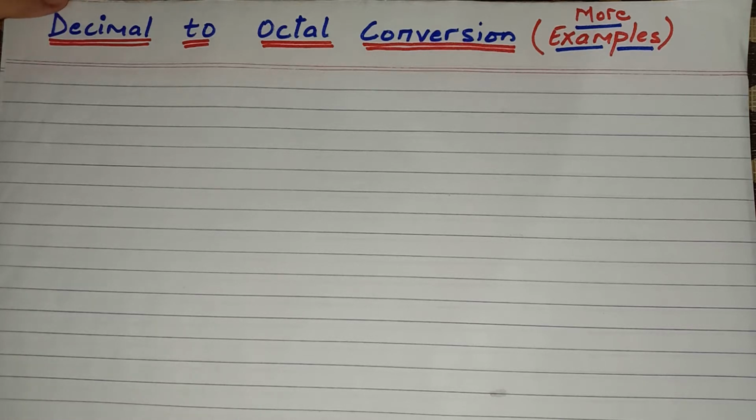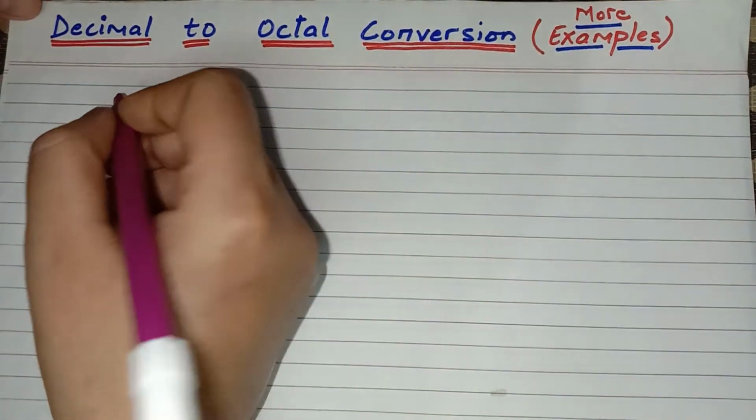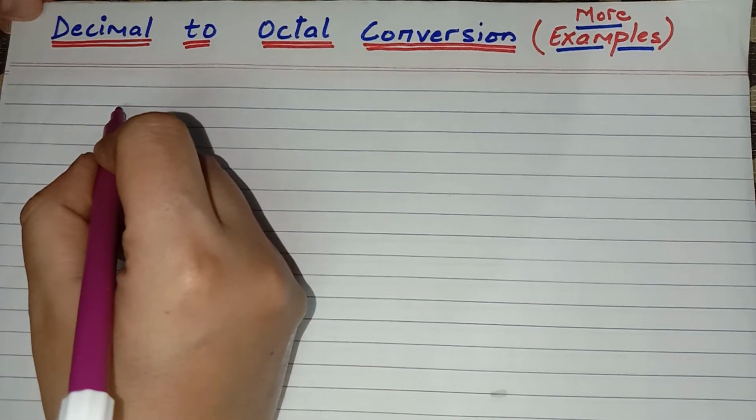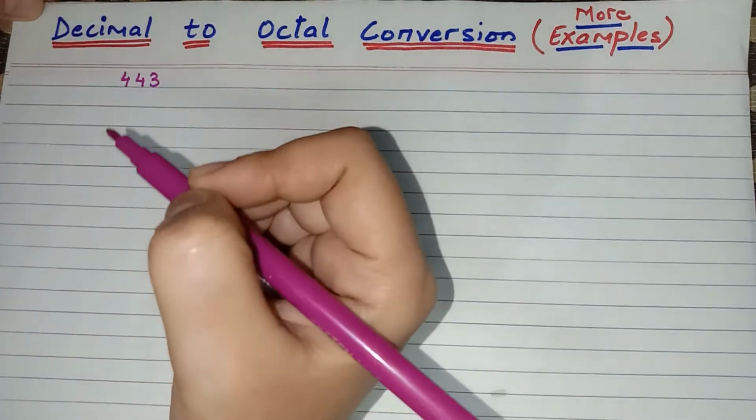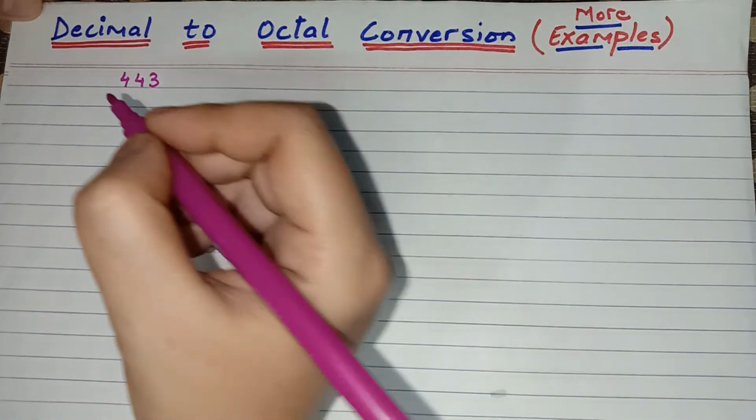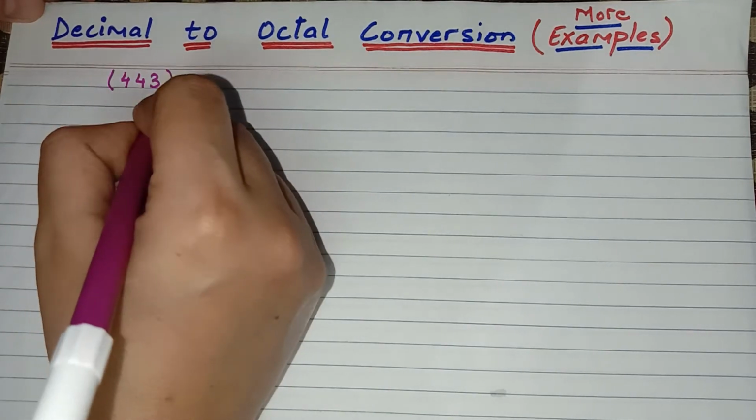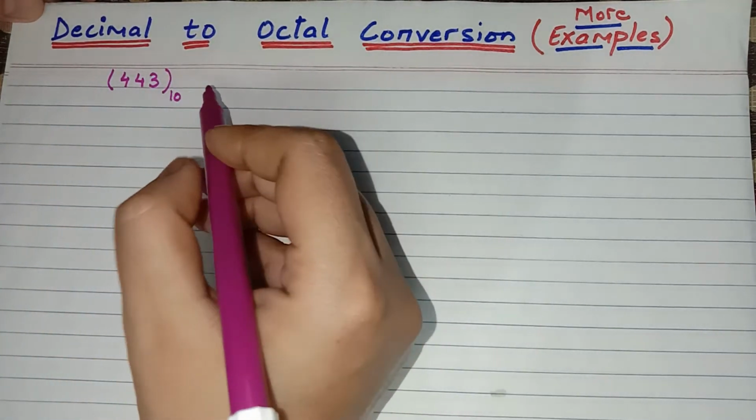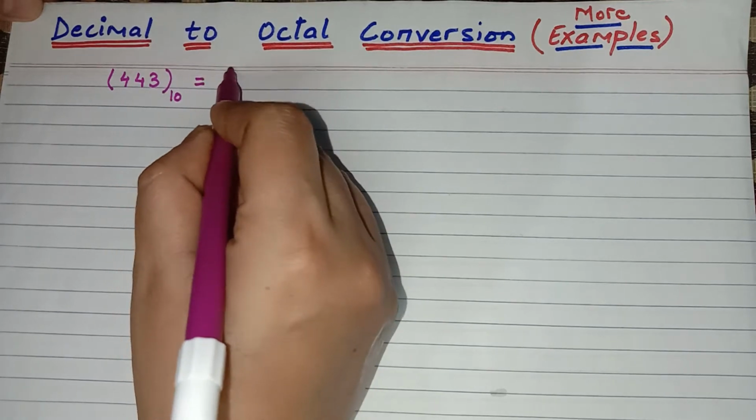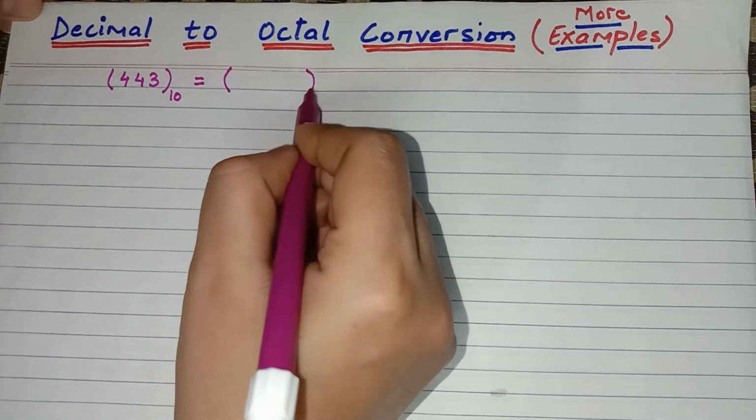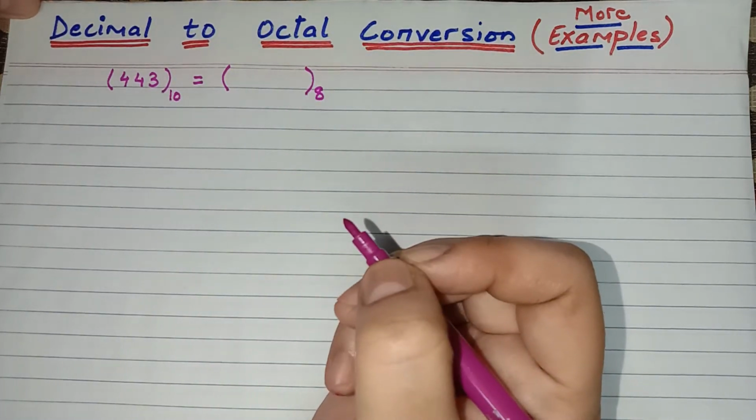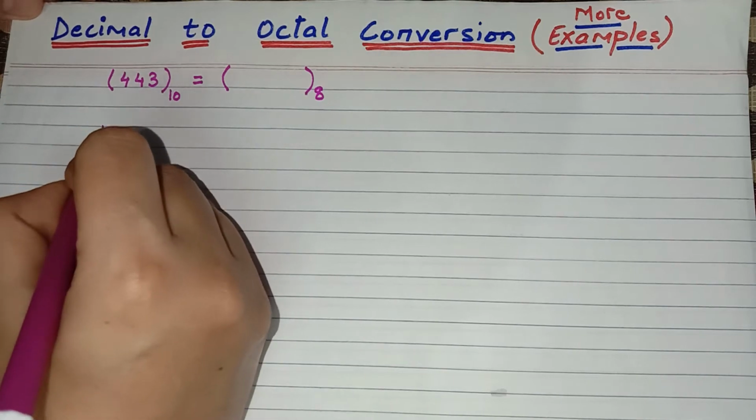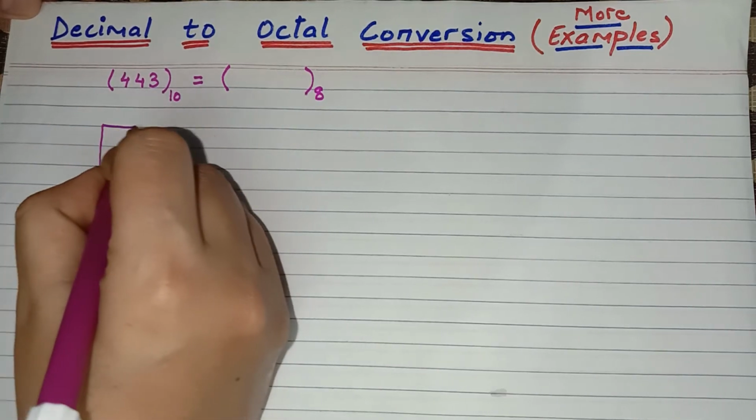So, for decimal to octal conversion, our today's first example will be, suppose we are having a number 443, that is 443, and this number is in decimal number system, and we are converting this number into the equivalent octal number. So for this, we are going to divide this number